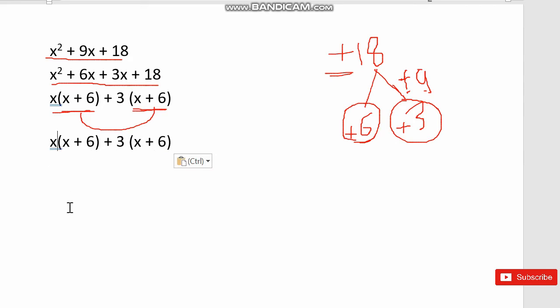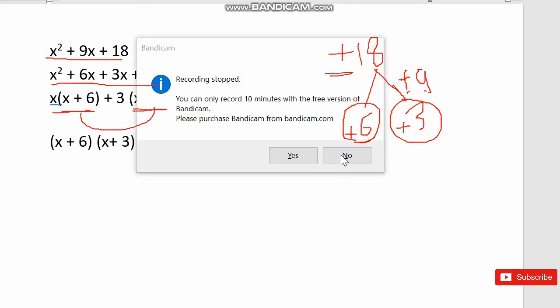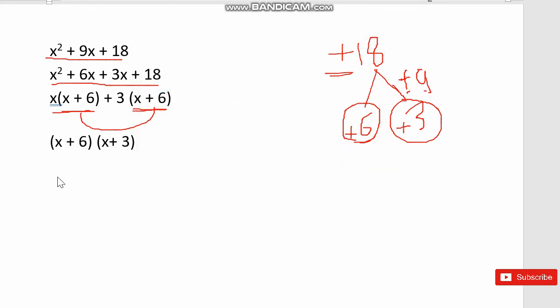And what is the remainder? In the second bracket, x plus 3. So we can write it as x plus 3 as a second bracket. So students, we get the factors x plus 6 and in the second bracket x plus 3. So we can write it like this also. This is the expression that has been given to us, and we can write x square plus 9x plus 18 is equal to x plus 6 and in the second bracket x plus 3. So this is our answer. This is our given expression and this is the factor of the given expression.